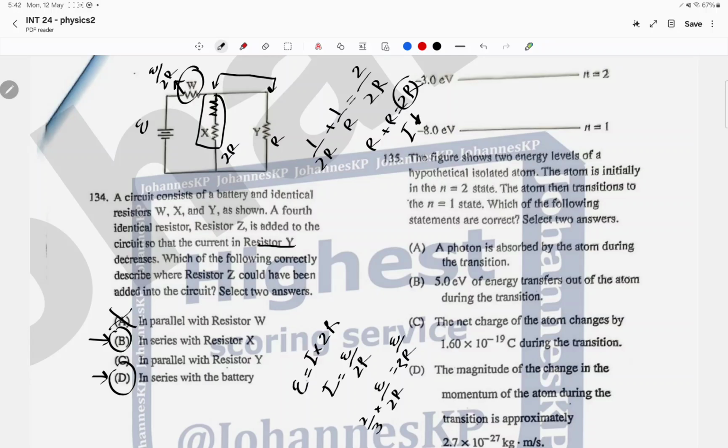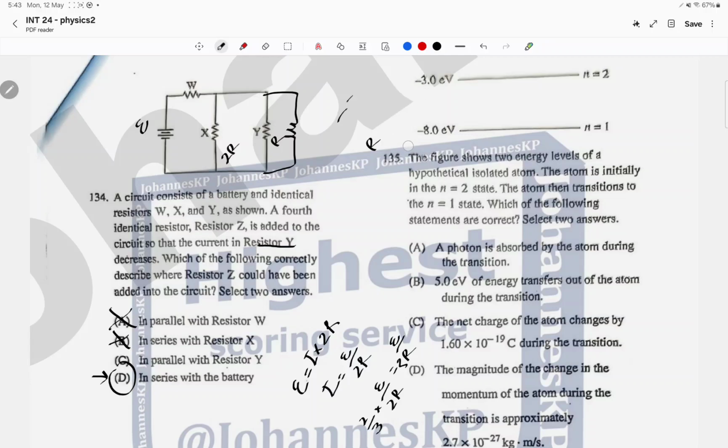Wait, I take it back. Because if I put it in series with X, this guy will get 2/3. So no, it will get the same as before, so it's not B. D is okay. If I put it in parallel with Y,